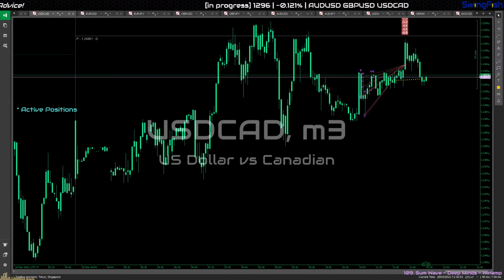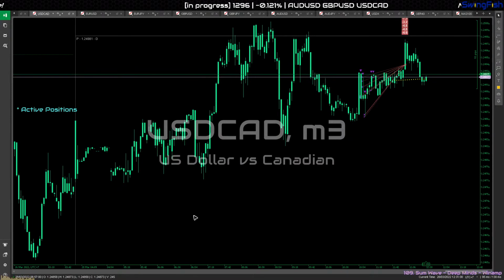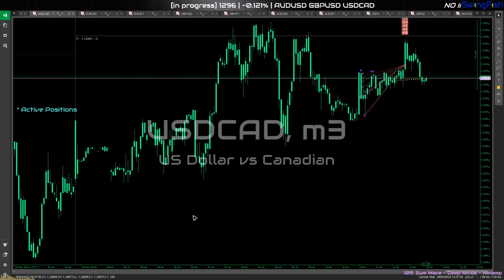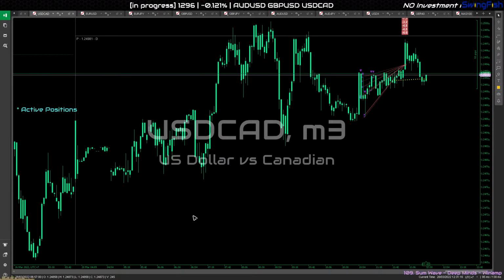Oh yeah, I did that with Aussie dollar last week. Literally stopped out to like 0.0 pips, and then it just went up and up and up. I know. But that was my fault, because I should have put the stop below the structure, but I put it within the structure.